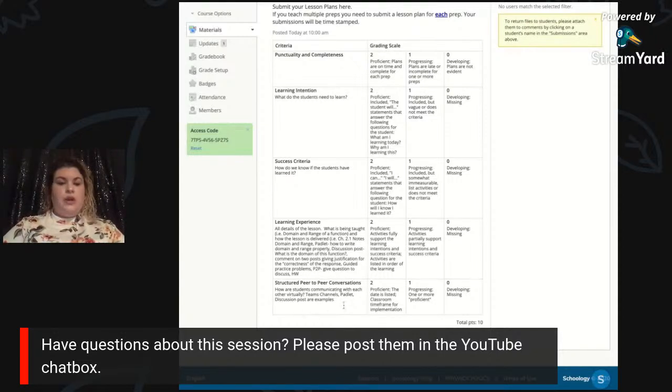And then, of course, we also assess structured peer-to-peer conversations. So we are required to have peer-to-peer conversations in our classrooms at least once a week.